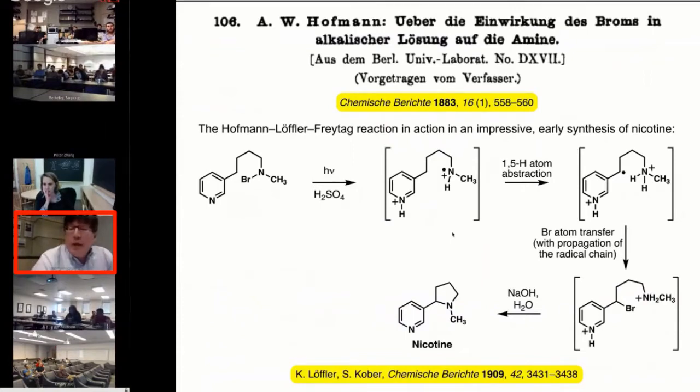You get a heteroatom radical that generates a carbon radical in the course of a hydrogen atom transfer. The carbon radical steals a bromine atom so that the chain can propagate. And then in the last step, you just treat the reaction with base and you drive a ring-forming substitution reaction. So this was known in 1909. In 1960, next slide, please,